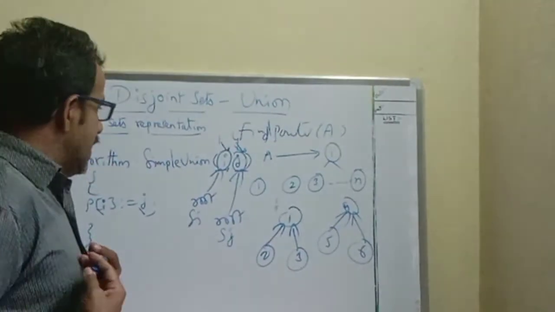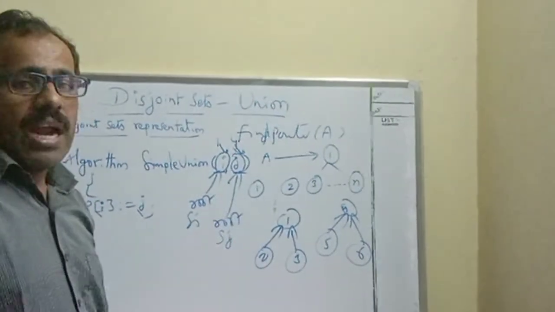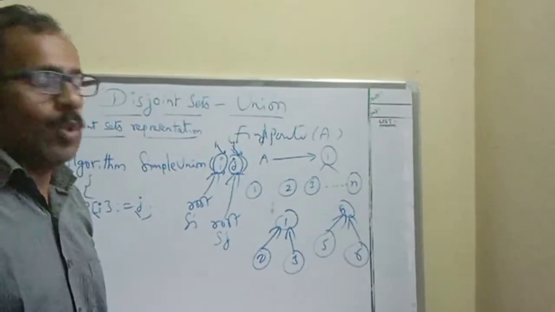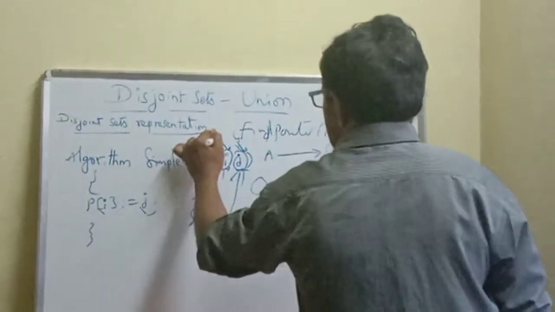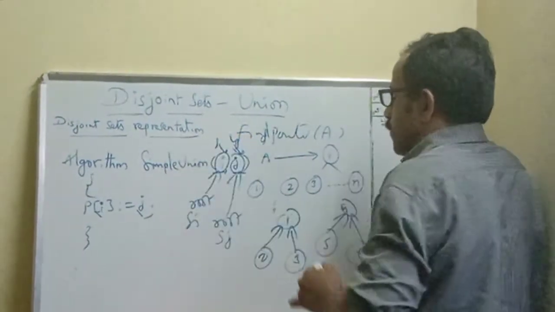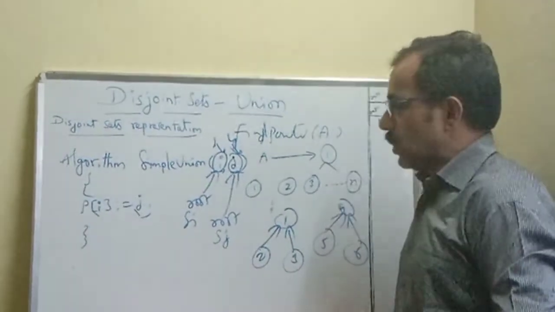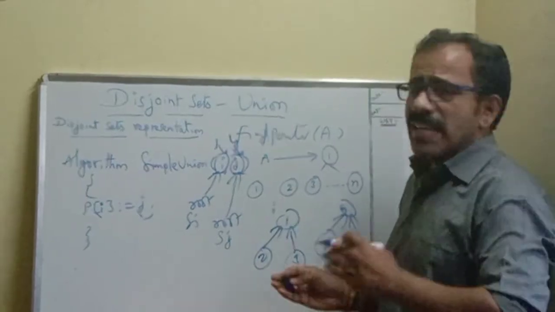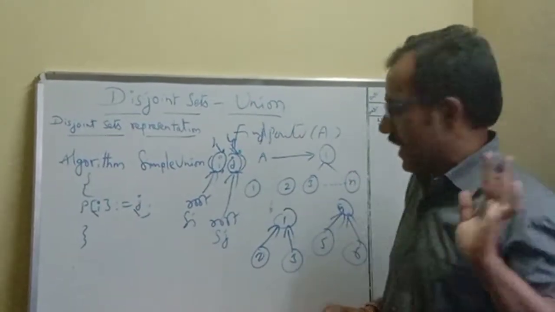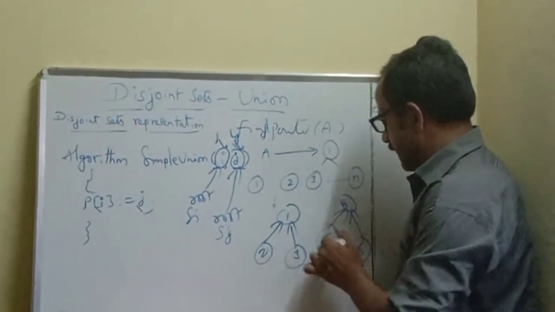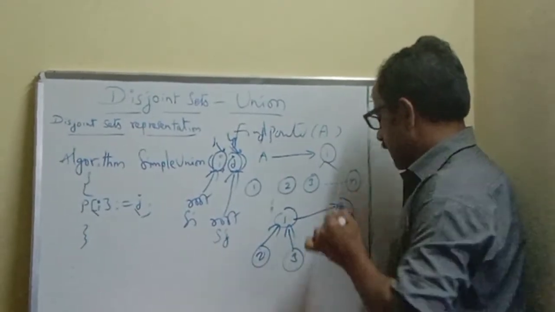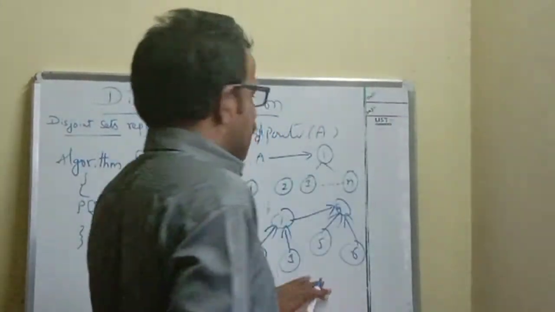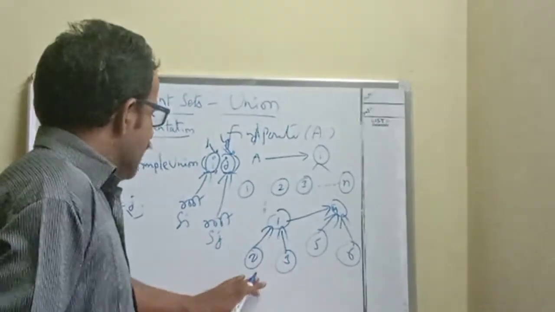So our ultimate goal is combining these two trees and getting the combined tree structure using union. So I pass two parameters here: one is the first tree root node and the other is the second tree root node. Then what is the default union operation? Simply we take the second root node as the parent of the first tree. The first tree is this. Then simply combine like this. This is the default union or normal union.